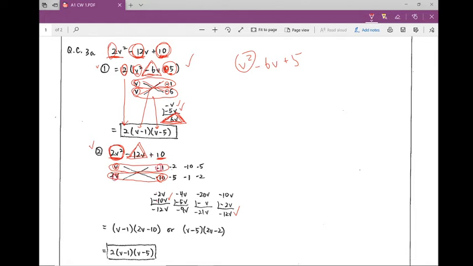2v is multiplied to negative 1 to get this, and they do add up to negative 12v, which we wanted. So when we write the answer, we write it as this. In the second case,